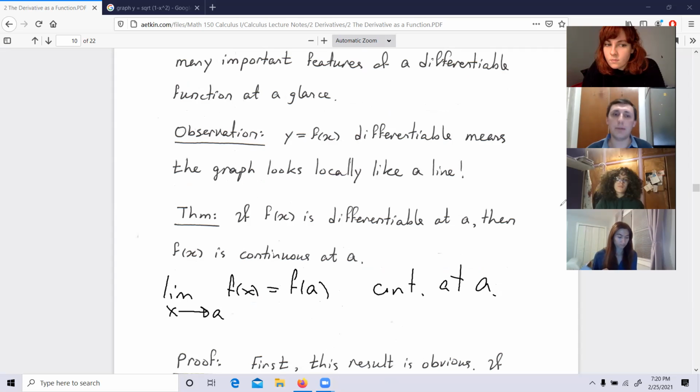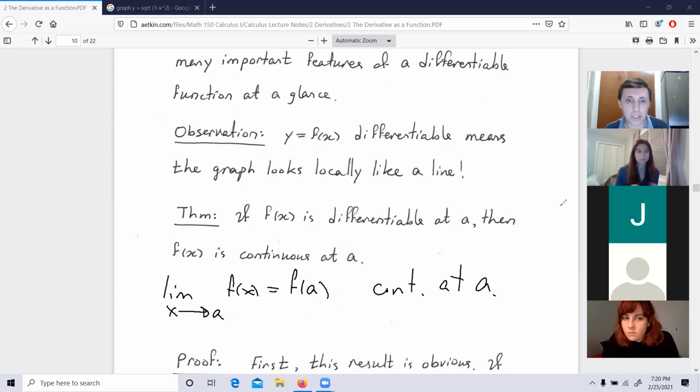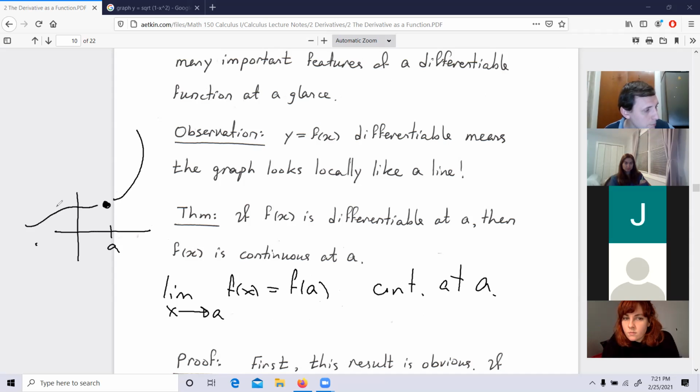Do you see why that idea captures wholeness at that one point? Because if I look at the graph of such a function near the point a, remember what we're trying to say, guys. We're trying to say that the function is defined at that point, and if you move from the left or from the right towards that point, if I move along that curve, look at it. Here is my x. That means bring your x coordinate closer to a. Your y coordinate, the point is defined as (x, f(x)), right? That point will be getting closer to (a, f(a)).